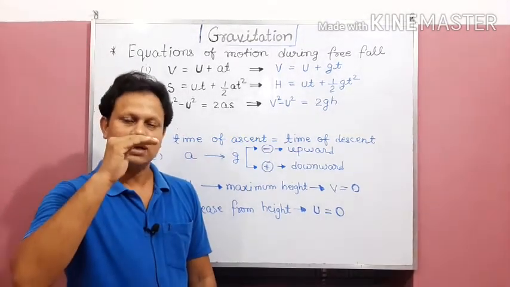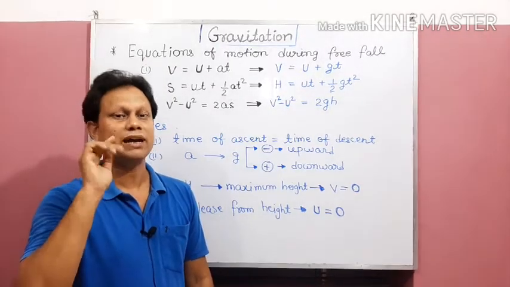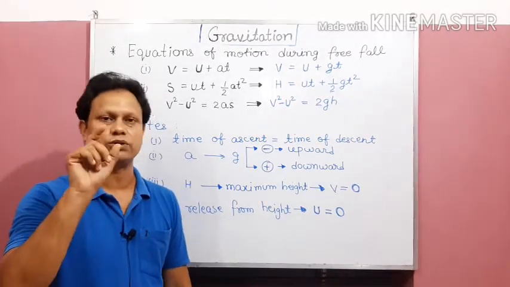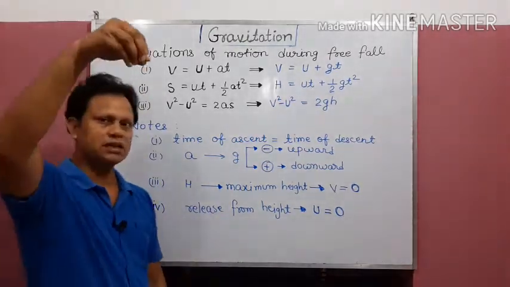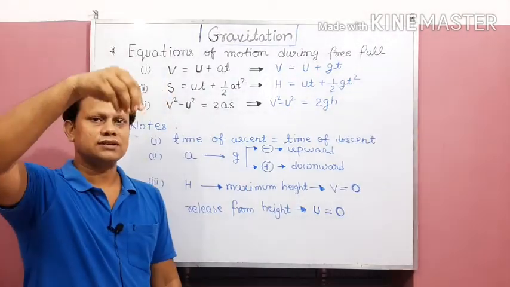Then only it will acquire the maximum height, otherwise it will keep on moving. So at maximum height, whenever it is said, the final velocity is always considered to be 0. Similarly, when we release some object from any height, at that time when you are releasing,